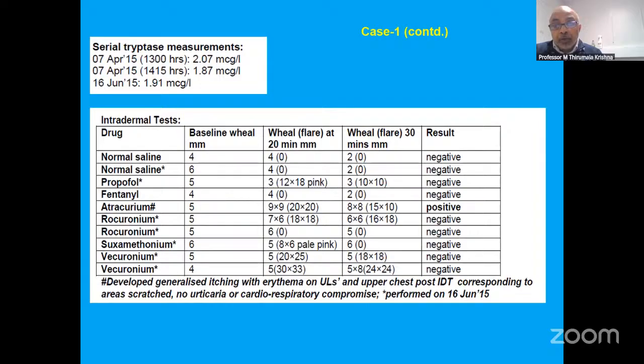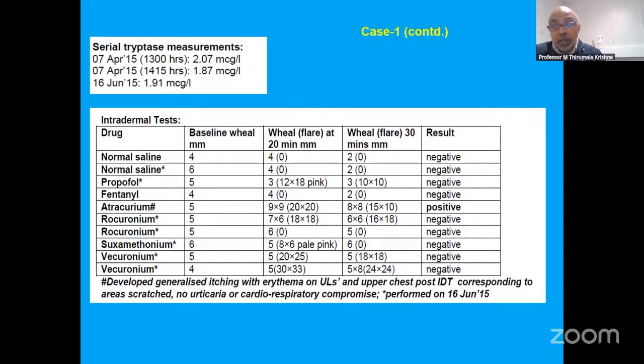solution of interest is injected intradermally to raise a bleb. You draw around a bleb, you look at what is the baseline wheal, and then you wait for about 20 minutes to look at the wheal and flare response. So if there's a wheal about 3 millimeter greater than the negative control with a flare, then that's regarded